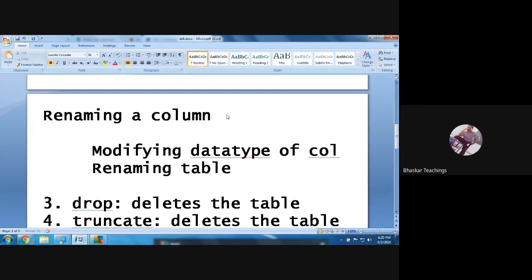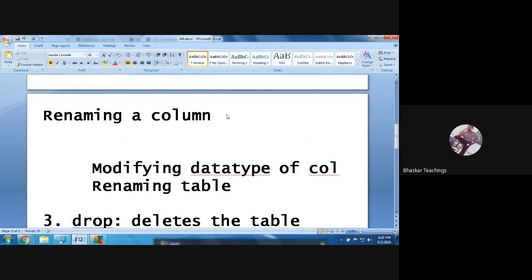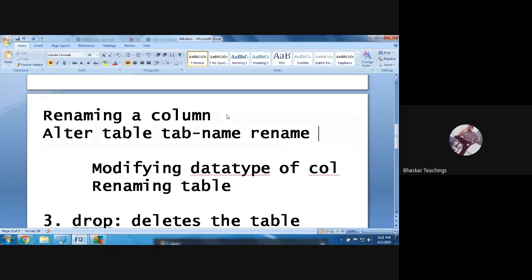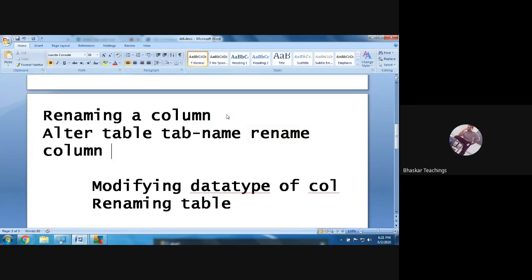So the syntax is going to be: alter table table name. The starting of the syntax is easy, common for all the commands. Now the keyword you need to give is rename. While adding, give the keyword add. While dropping, give the keyword drop. While renaming a column, give the keyword rename. First give the column keyword.